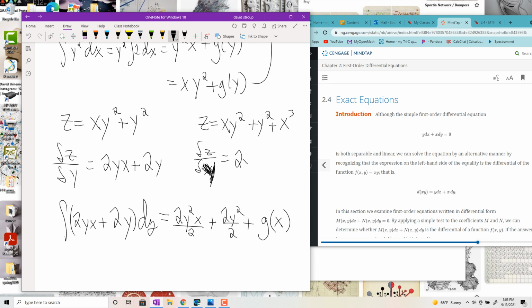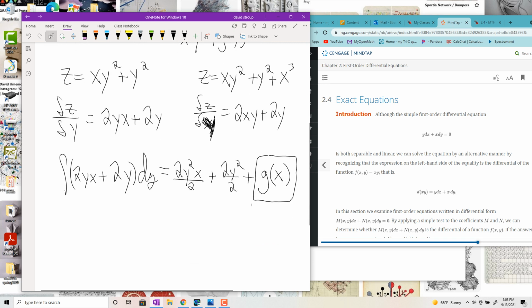You would just get the 2xy plus 2y. And so what we do, and again, instead of a plus c, we're going to have to put some function of x into that space. Okay, so that's